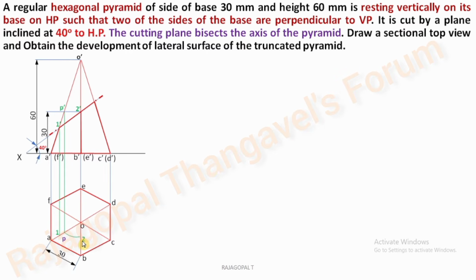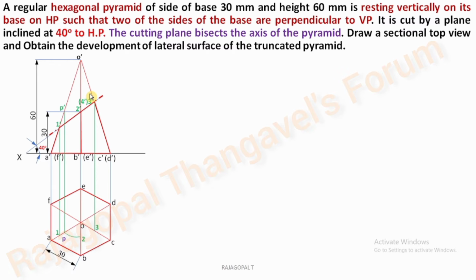This is point 2. Next one is O dash C dash. This is O dash and C dash, point number 3, the cutting point of the section plane. 3 dash, extend a vertical projector, the corresponding slant edge is OC. So this is point 3. Next we have to check O dash D dash. This is O dash D dash. Exactly on the same cutting point we have one more slant edge, make it 4 dash. You may have a doubt why it is in the bracket. If you check from here as an observer in the front view, the OD slant edge is invisible.